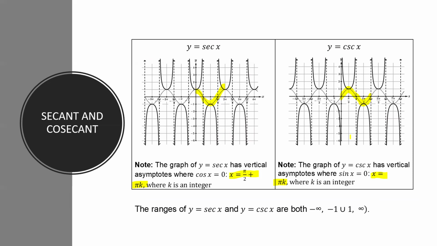Okay. I know in your brain you want to think S with S and C with C. Nope. It's the opposite. You're not paired up. Okay. Lastly is our ranges. So obviously our domain isn't infinite because we have vertical asymptotes, right? So our domain has asymptotes that prevent it, and our range only goes from negative infinity to -1, union